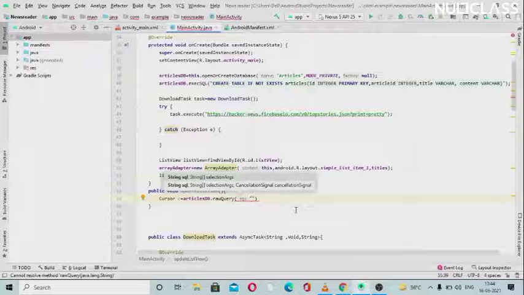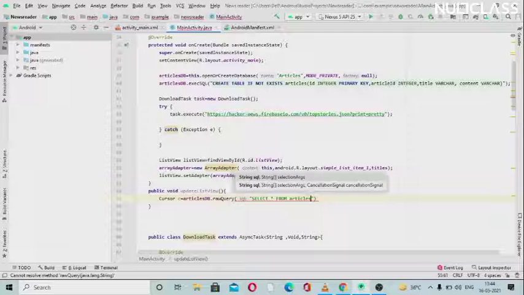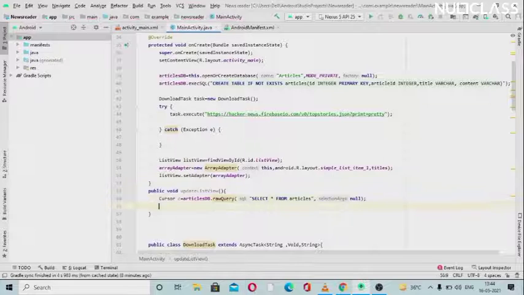So we will be using the select statement here. So just use select, as we have seen, we will be using select star from, we need that in capital. So we will use select star, this is also in capital, select star from, and now we have to enter the table name here. As I need to select all the columns, I will use the asterisk symbol, that is star, and we have to pass the other thing here also, which is the cancellation signal. We don't have to pass that, so I will just give it null. This is okay now.